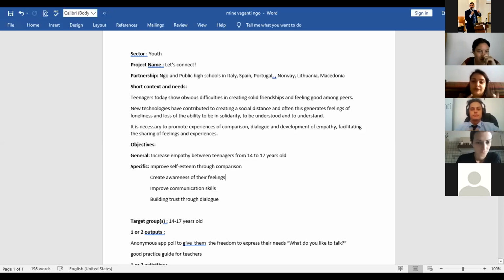It is for this that I don't see it as a K1, because usually the training courses or even the youth exchanges are short term. So you have the impact in 1 week or in 2 weeks. But I think that if you would like to have a real impact on these teenagers, it would be really nice to have this activity continuously, like 6 months, to see the results, a much larger amount of time that you're working with them,